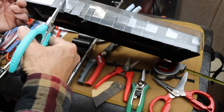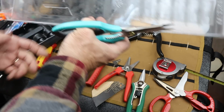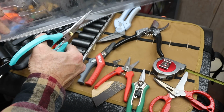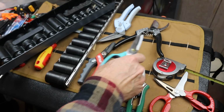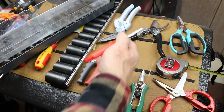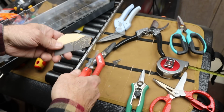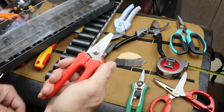But anyway, these again, more precise, not if you want to go through 2 layers. If you want to go through 1, they're nice and clean. You have a little bit of control. Same with those other Cutjets over there. But for just crunching through stuff, opening packaging, chopping through cardboard to get into it, little